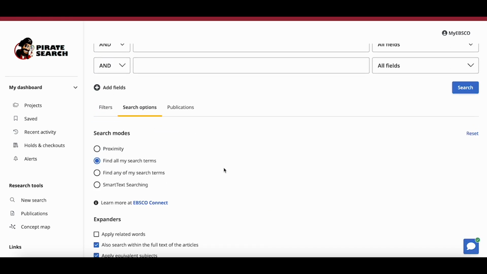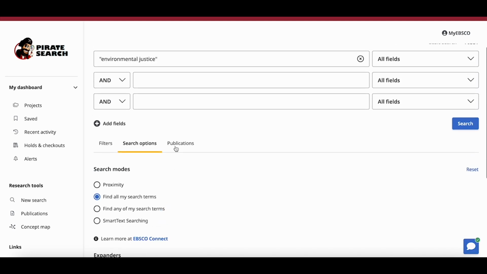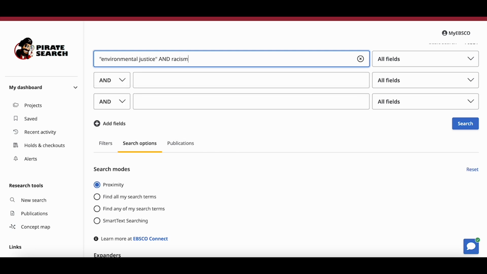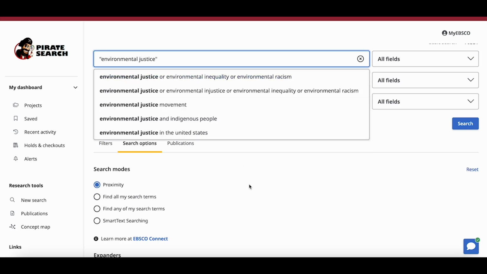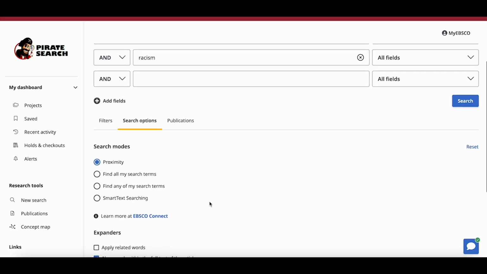So before, when you went into advanced search, everything was on one screen. You just had to scroll down. Instead, here we now have tabs. So under search options, if you're doing a Boolean search, you can select proximity. Boolean phrase has been phased out by EBSCO, but if you include Boolean operators, so if I did this in your search, or if I did this, the search would recognize the Boolean operators when I'm in proximity mode,